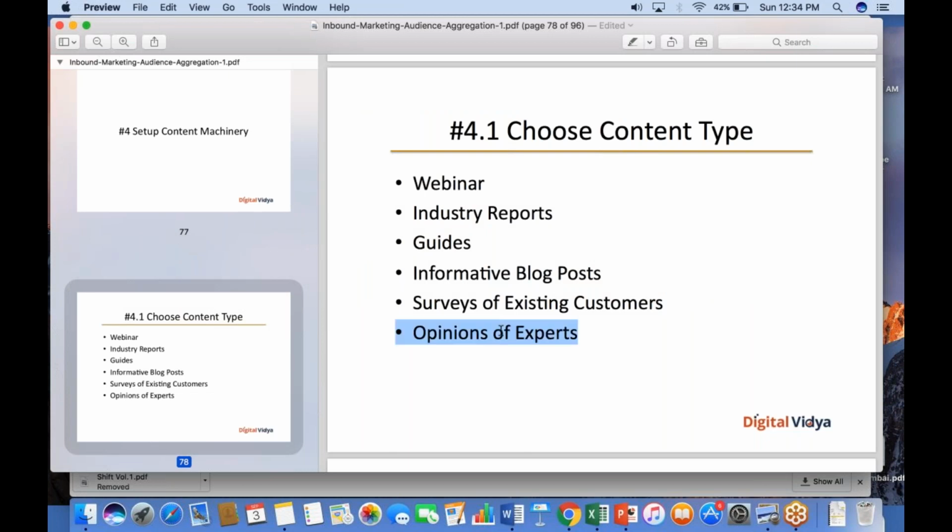Opinions of experts. Sometimes what we used to do, and I'm sure Digital Vidya does that as well, is ask industry experts to come and write content on their blog. For example, I've written a blog at Digital Vidya, and at Simply Learn as well, we used to ask several career advisors, as we call them, who are thought leaders in their respective domains of expertise, to come in and blog on our content property. And that again provides a huge source of credibility. So this is an example of trying to curate content from external sources instead of trying to create all the content yourself.